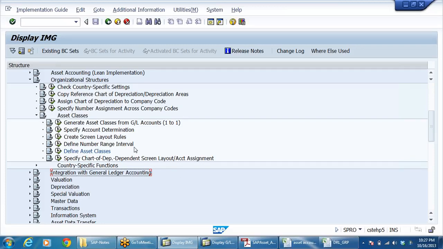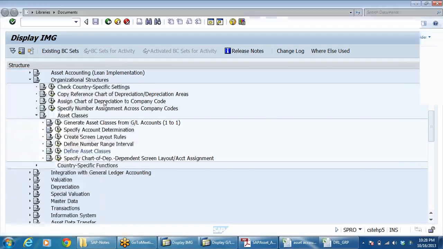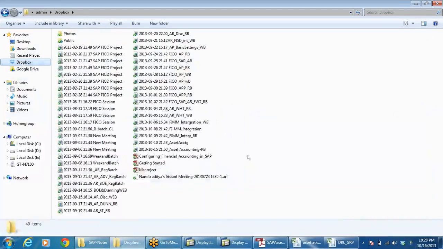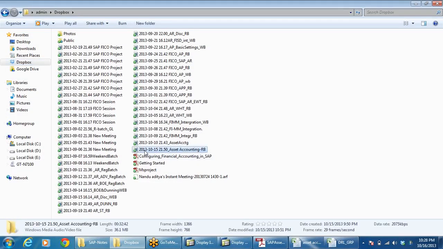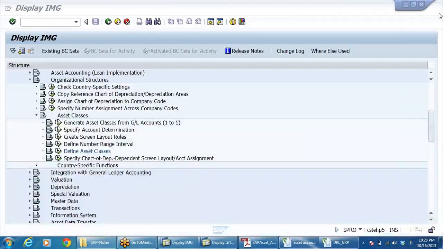Up to yesterday, I have already forwarded the material. Only yesterday's I have to send. Even yesterday also I have sent it. So today only I have to send it. Let me check. Yeah, I think yesterday's I have to send. Yesterday and today, both I'll send today itself. So asset accounting when compared to